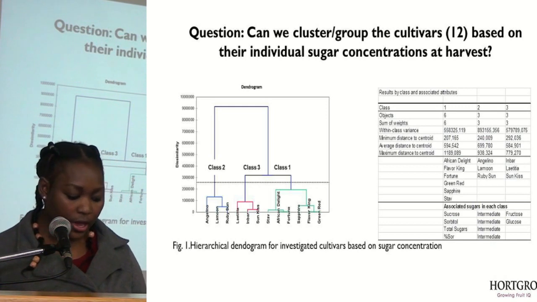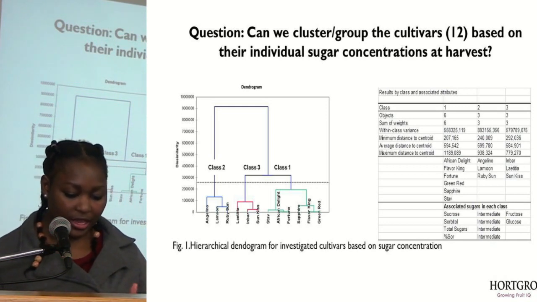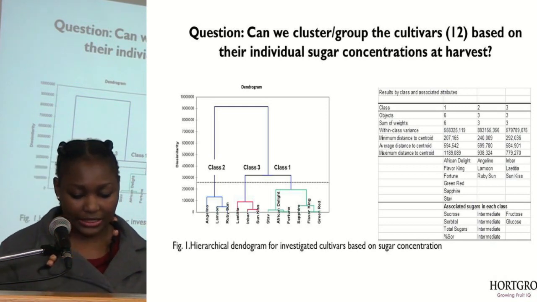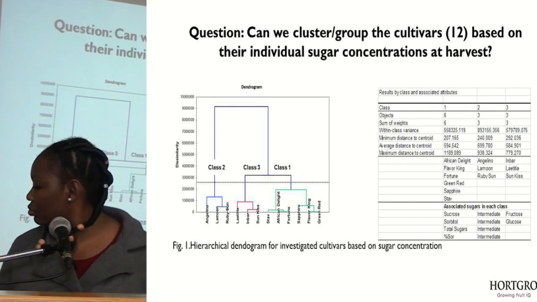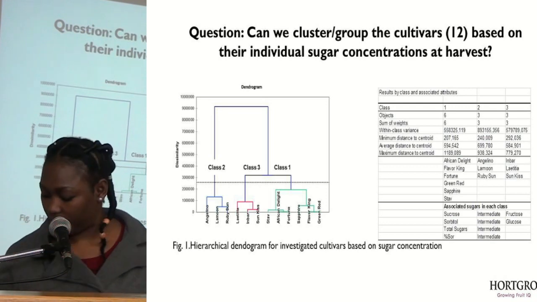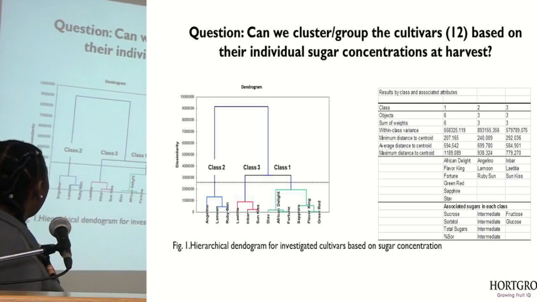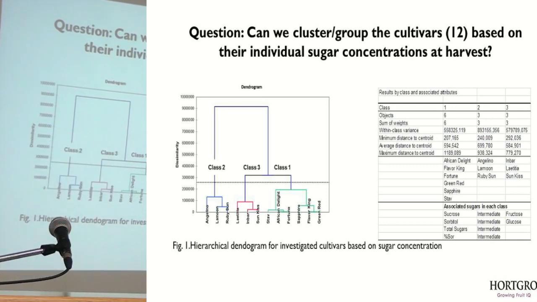And yes, they can be clustered into 3 classes, where class 1 has 6 cultivars: African Delight, Flavor King, Fortune, Green Red, Sapphire, and Staff, and these are associated with